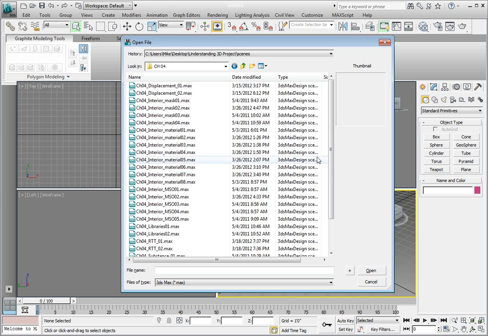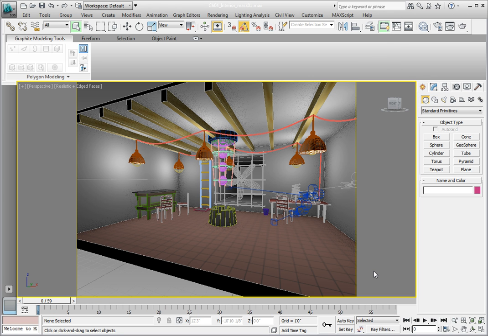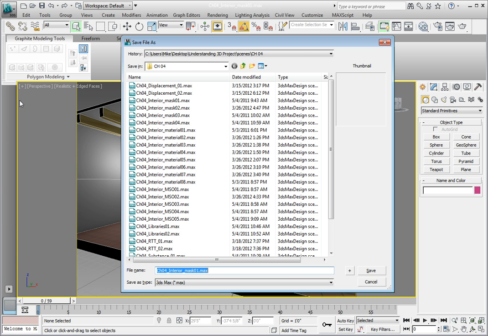Let's go ahead and save this file incrementally. In the upper left corner, click on the Application button. Save As from the menu. In the File Save As dialog, click on the Increment button in the lower right. This will increment our file and add 02 to the end of the file name. Now we're working with a new file, and our original file has been saved just in case we need to